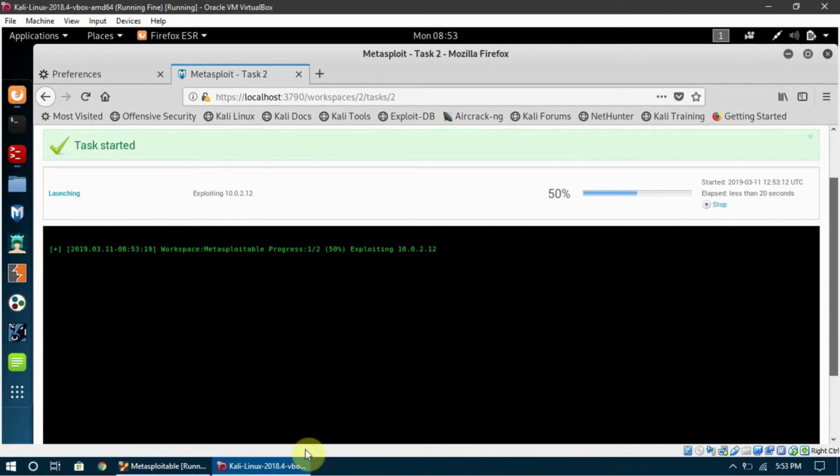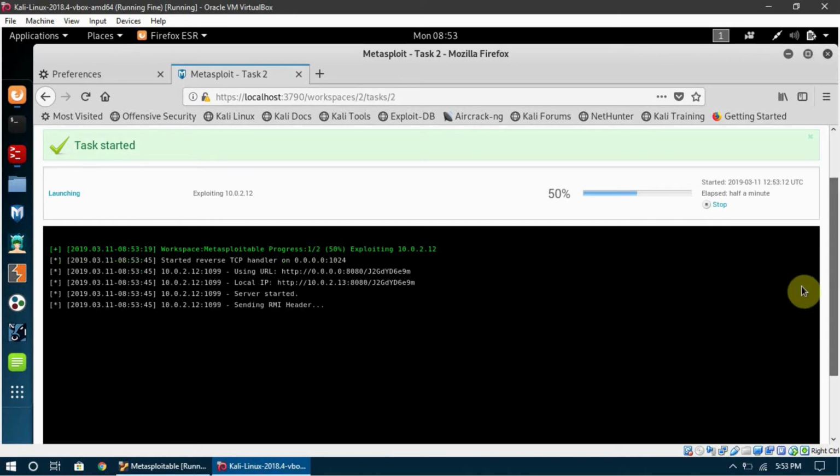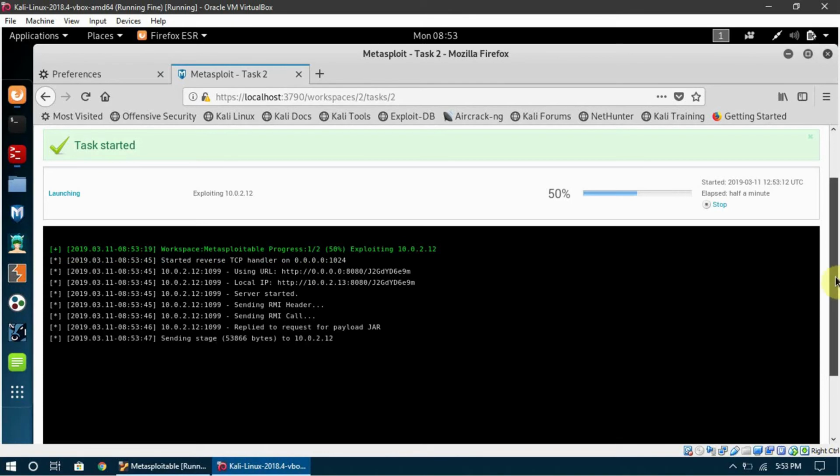The output is very similar to when we were using Metasploit on the terminal. In a few seconds, it is going to open up a new session on the Metasploitable machine, and the exploit is running.